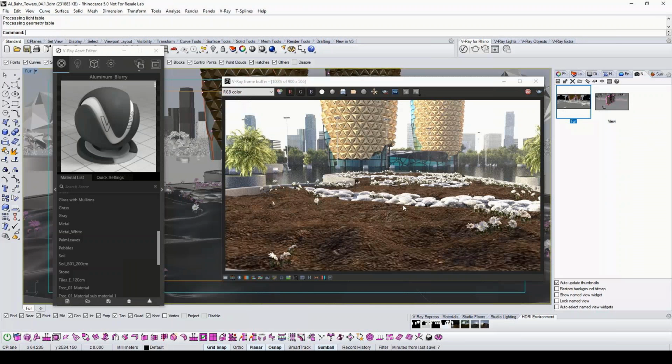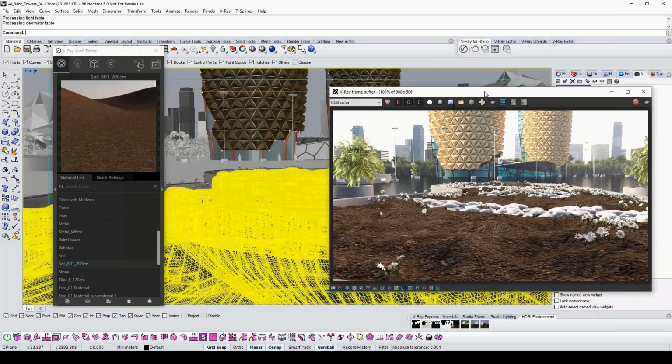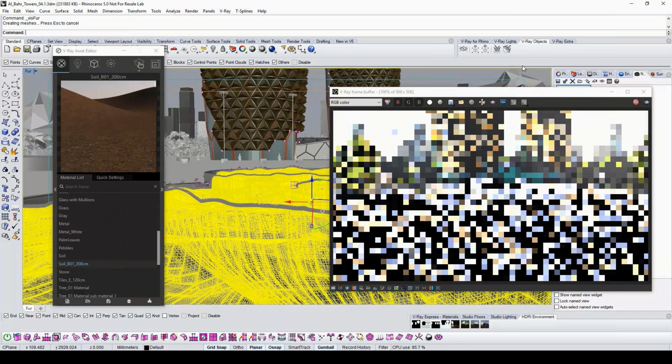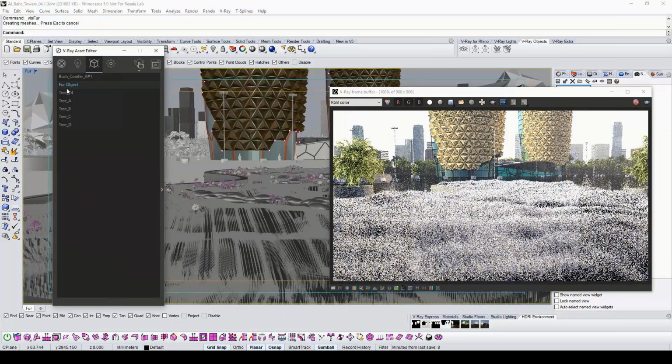Okay, now let's take a look at V-Ray Fur. So I'd like to add some grass to this patch of dirt that's in front of us. So what I'm going to do is right now I'm using the material so that I can select everything with the dirt material applied, which is just these objects here. And I'm going to just click on the V-Ray Fur button. And you'll notice right away we now have grass. The default settings for V-Ray Fur are meant to reflect grass,